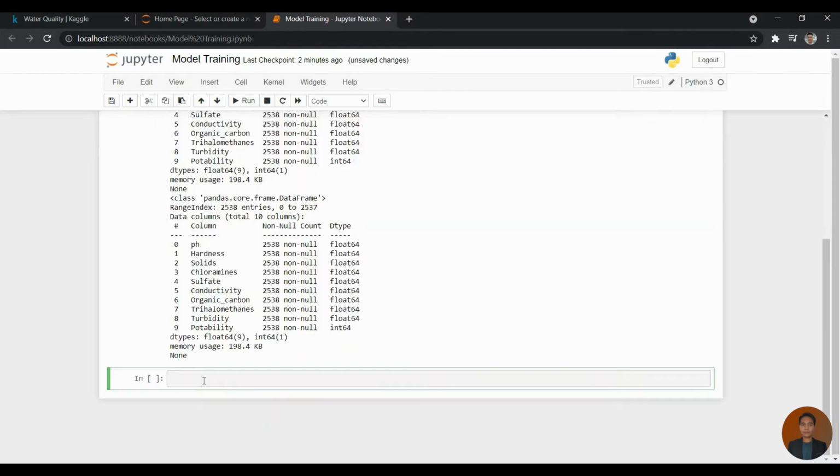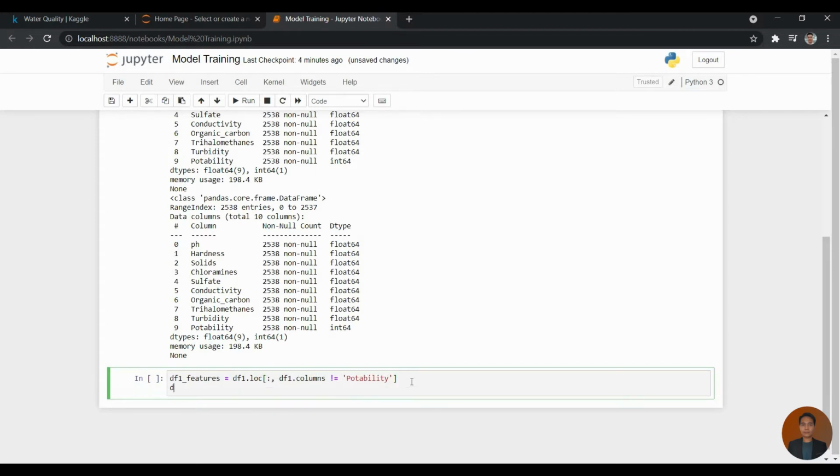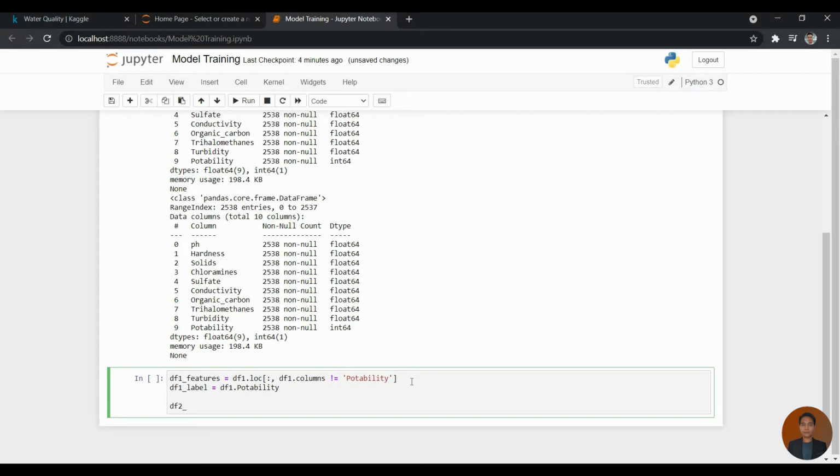Let's run these cells and go to the next steps. We don't have much preprocessing to do here. The only thing is we're going to split out the features and also the target for each data frame. So I'm going to say df1_features is equal to df1.loc, all the rows, and df1.columns that are not equal to Potability. Sorry, this one is df1. And then df1_label will be df1.Potability. For df2, we're going to name it df2_features, equal to df2.loc, all the rows, df2.columns that are not equal to Potability,